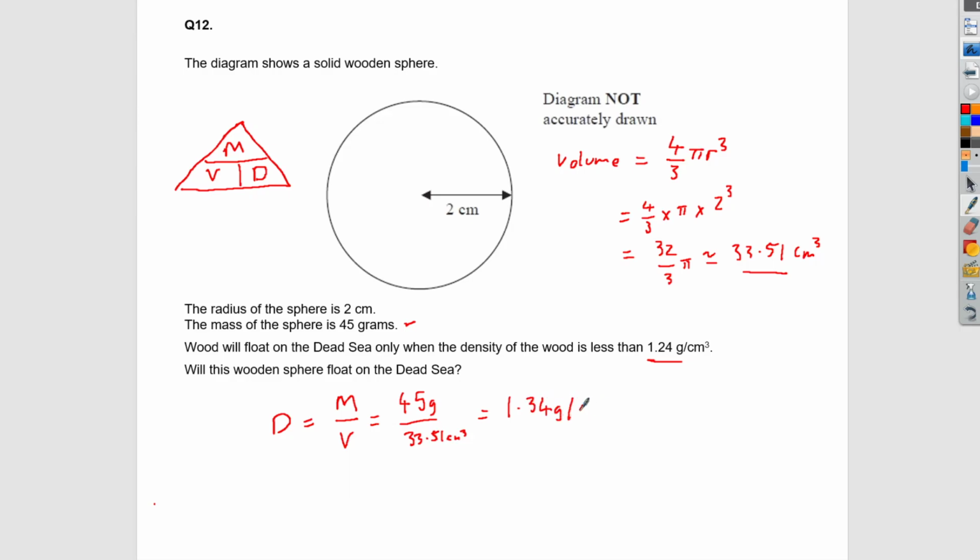grams per centimeter cubed. Now, since this is denser or heavier than 1.24 grams per centimeter cubed, and wood will float on Dead Sea only when the density of the wood is less than that, but this is not, it's greater than that. Therefore, the wooden sphere will not